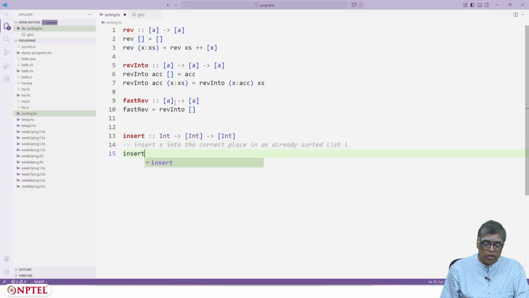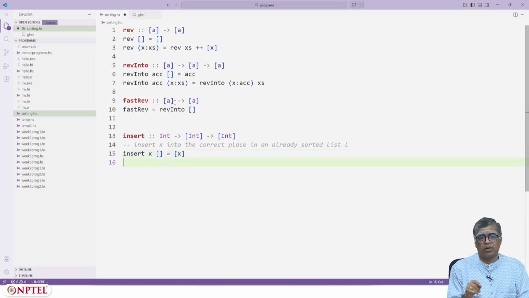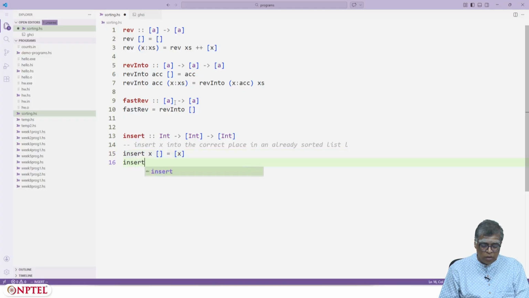So insert x. What if your list is the empty list? Okay, then there is no work to do. This is the first card that has come in. So you just form the singleton list consisting of x. If my list is y followed by ys, then you will compare your x with y.